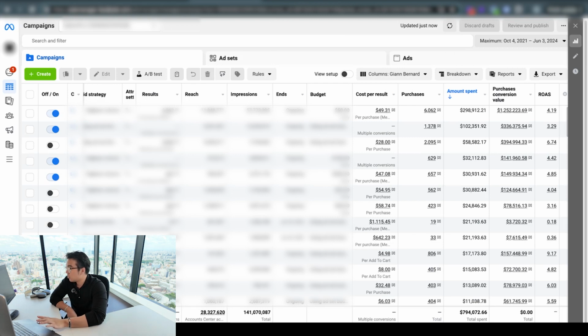Now let's talk about the old structure versus the new methodology. So pre-iOS 14 versus now, 2024. Since iOS 14, basically 90% of our data on Facebook has been wiped out. Not really wiped out, but Facebook doesn't really know who to target anymore compared to before. Before, you could target a very specific subset of your audience. Back then, an old structure funnel would be a top of funnel, middle of funnel, and also a bottom of funnel campaign.